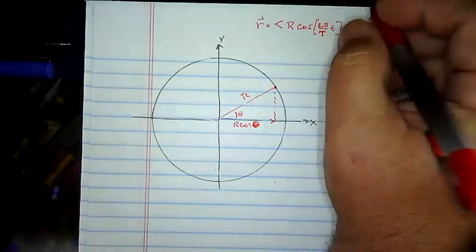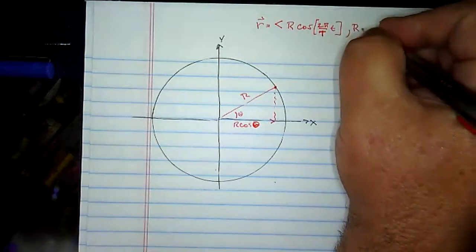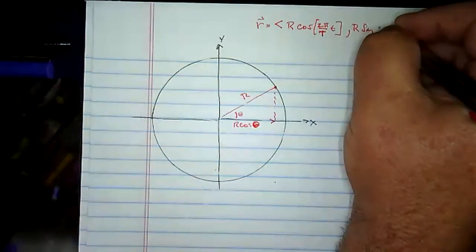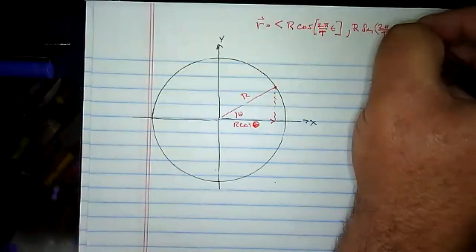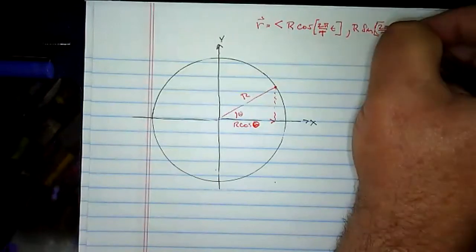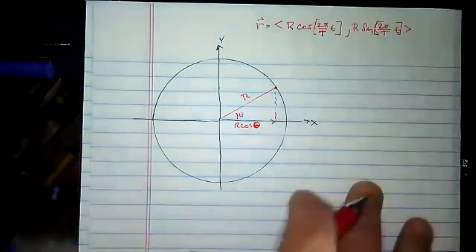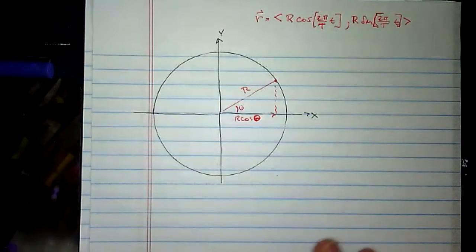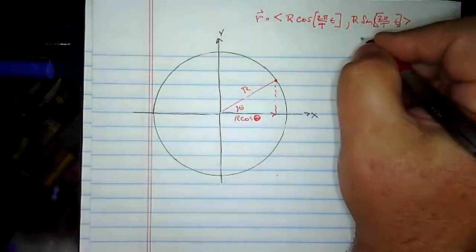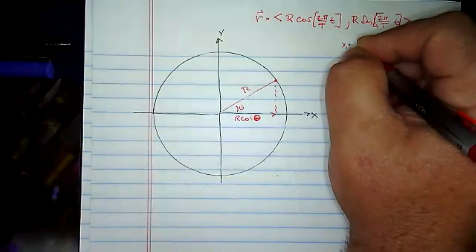And then my y component, I'm going to argue, is R times the sine of 2 pi over T times t. Okay. So let's do x comma y